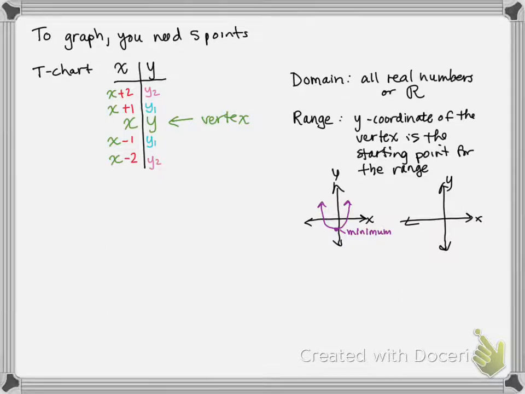So the inequality we'll use will be greater than or equal to, because it's the smallest number, and then it's y's going upward. And if we have a downward facing parabola, then the vertex is up here, so that's going to be a maximum, because it's the largest possible number. So then it's y's that are getting smaller. So we would use less than or equal to. Now the reason why it's or equal to is because it starts at the vertex, which is a physical point